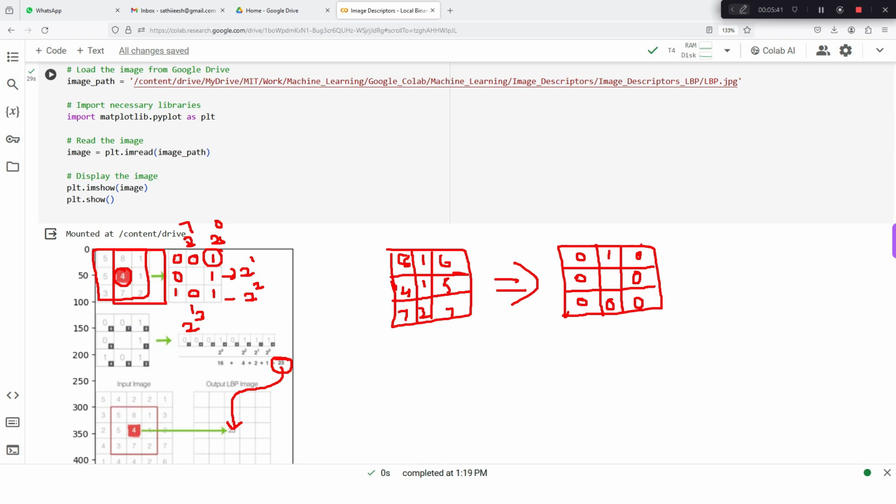So again we have to start with the same positioning system as we have done earlier. So we have taken this pixel as 2 power 0. So here I try to take this one as 2 power 0. So like that it goes on, and finally this pixel will be at 2 power 7. So if I try to put these values,